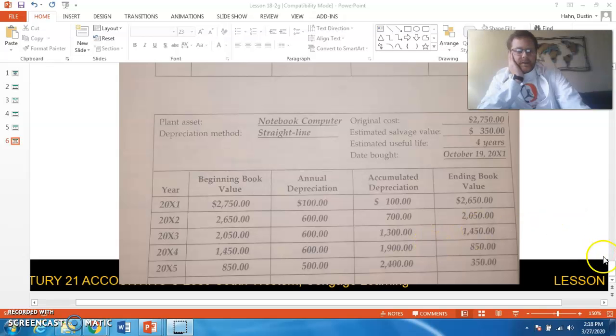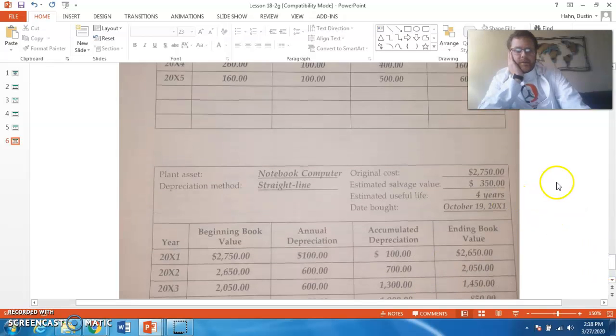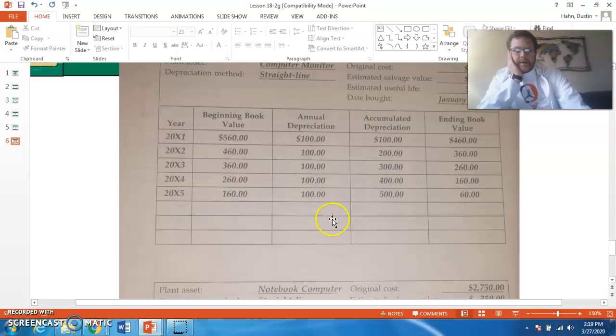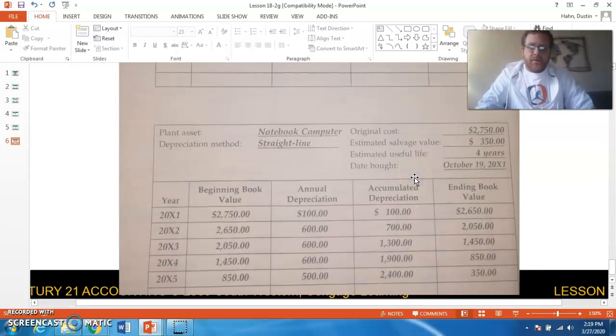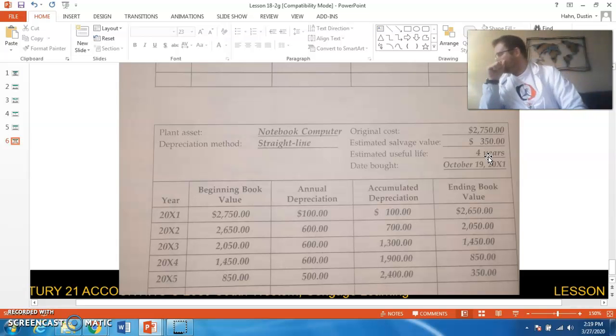Alright, so I just got done finishing up with this one right here. Now I want to go and talk about this next example. You have this product for 4 years. However, you bought this October 19th, so this is going to split up a year. So this is going to be a little bit different, but this is